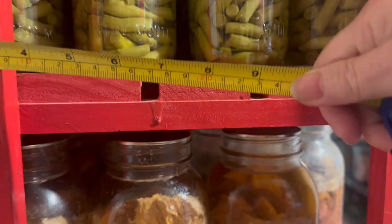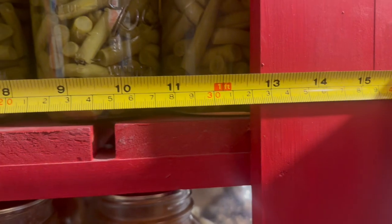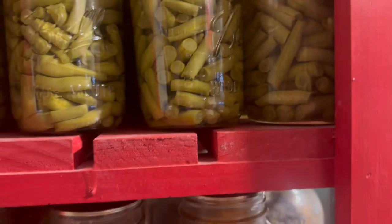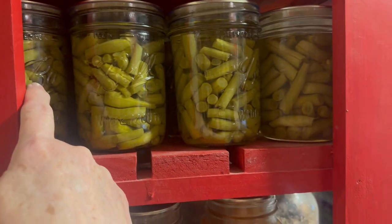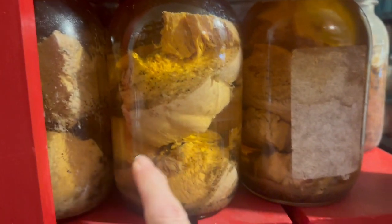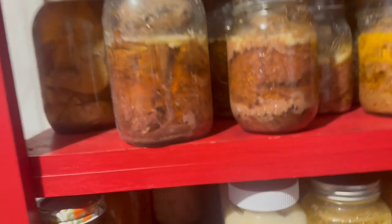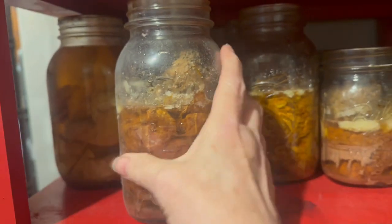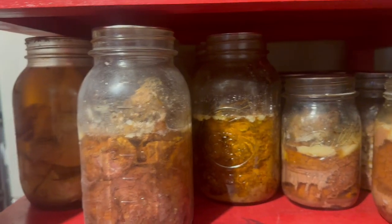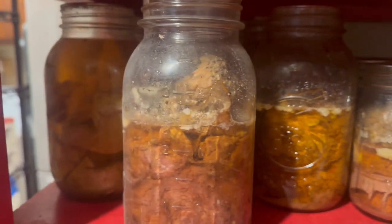Okay, I think that I can do this one-handed here. You can see right there, that's right, all over 16 inches in the depth. And this is my pints, and you can see there that there are 4 pints deep. Quarts, you're going to see 3 pints there. However, if I go to the front, and you look at the front, you can't really see it, but I do have, except in these corners, four quarts. And then up here on the pints, if I remember right, I'm pretty sure, yeah, there's four deep on the